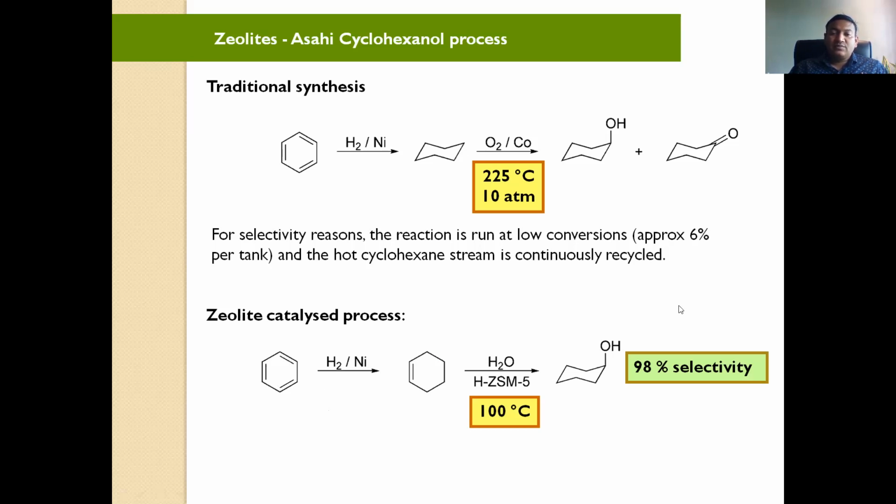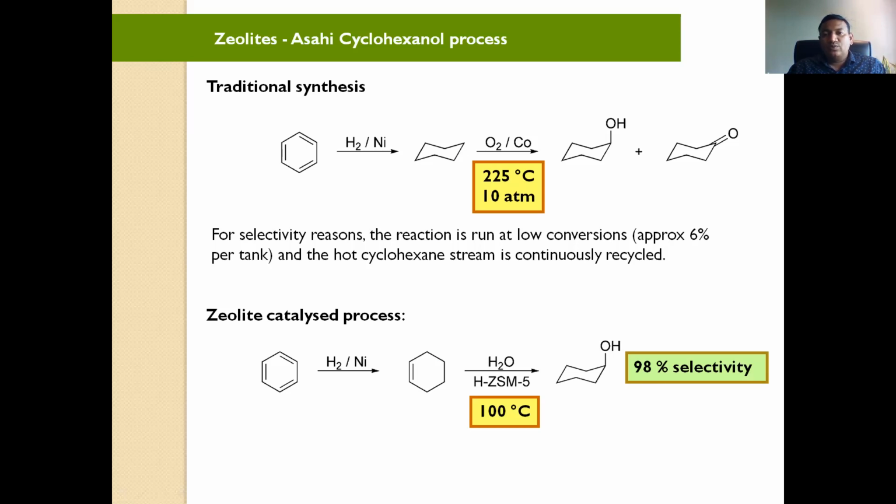See, this is very important. Water as a green solvent and the ZSM5 catalyst, and only 100 degrees centigrade. 100 is the optimum temperature, and it is very easy in industry to monitor that range. Okay, and you will get it selectively. See how much yield you will get: 98% yield, right?